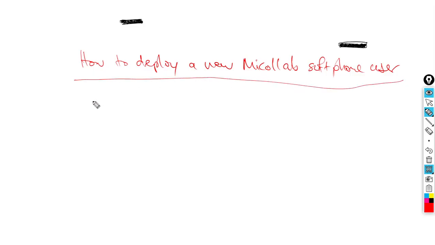To deploy a new MiCollab Softphone user, you need to log on to the MiCollab server with your credentials, and then there are two types of logins that we want to discuss, two types of access levels that you should have for logging onto the MiCollab server. Number one, we got this